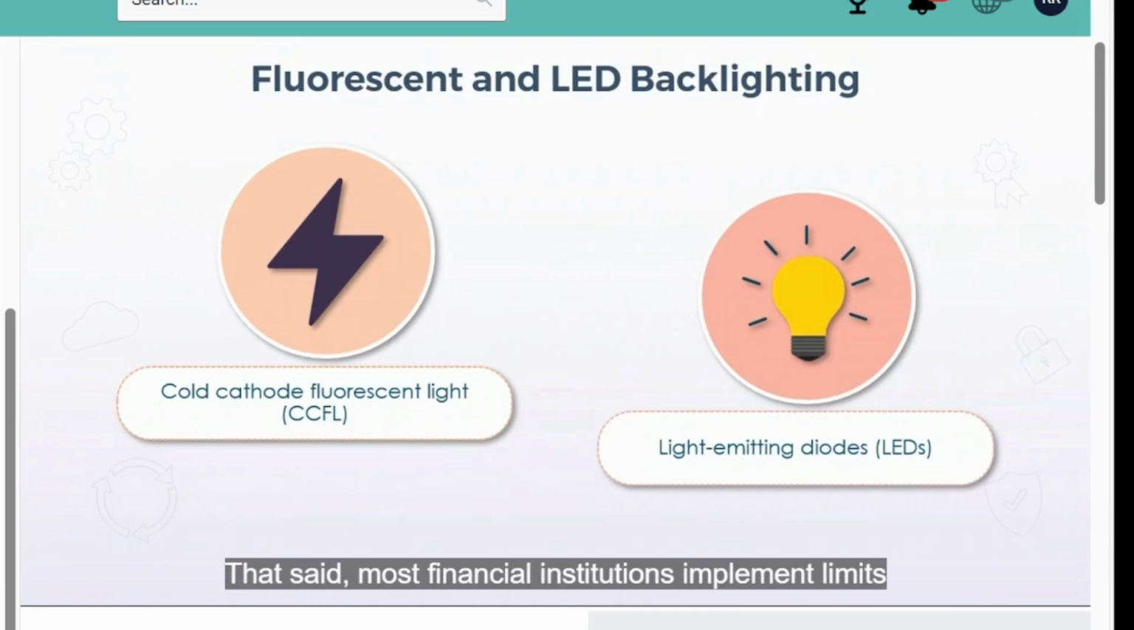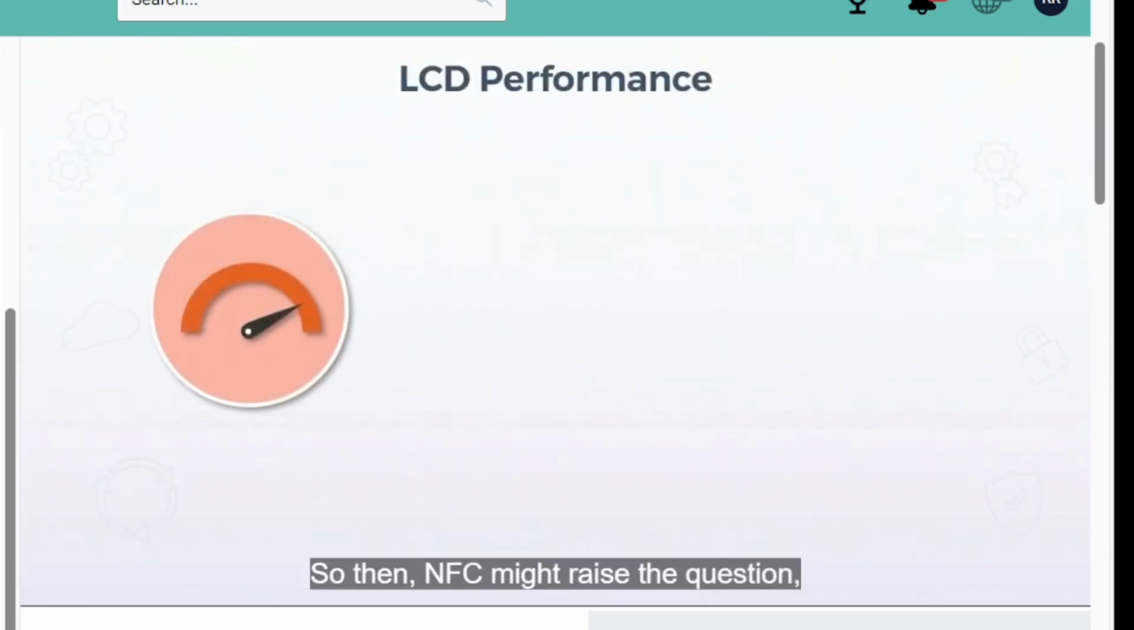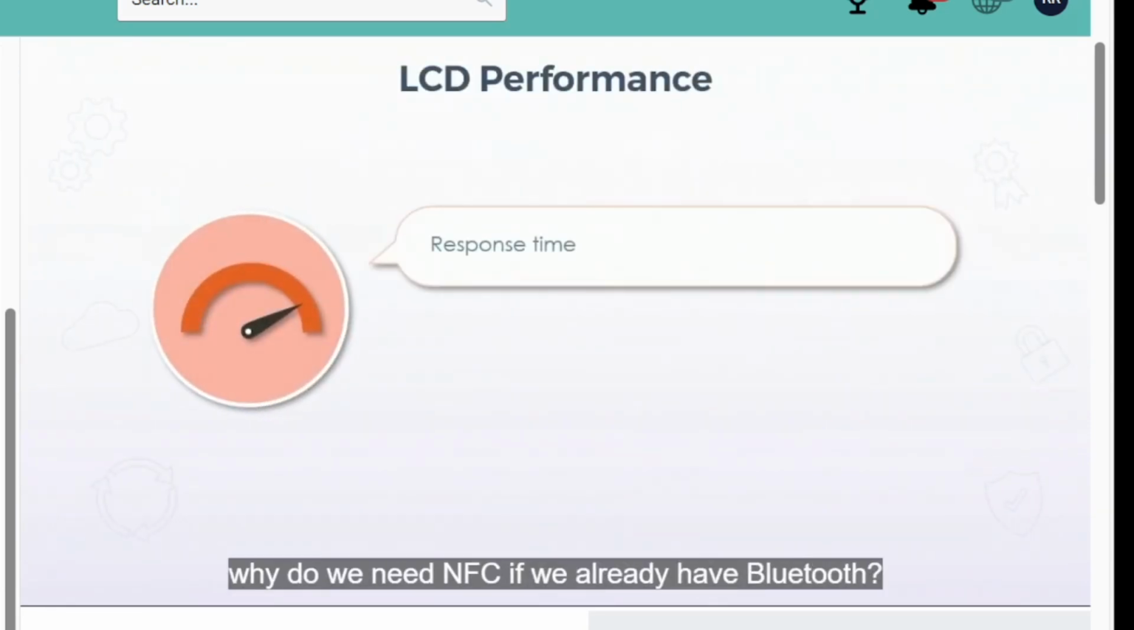So the common question then is, why would anyone use CCFL over LED? Well, as is the case with many technological advances, CCFL was cheaper. But these days the cost of LED has dropped and has pretty much become the standard. Looking at some of the performance measurements for LCD monitors, the response time is a measure of how quickly any